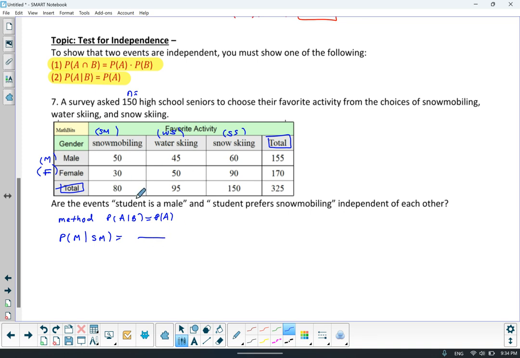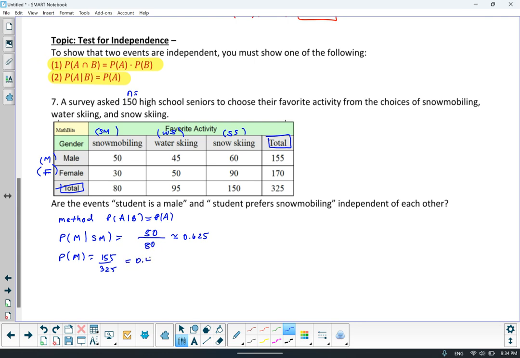So I'm only looking at those who like snowmobiling, and that was 80 students, and 50 of them were male. And you do need to have a decimal approximation, and that's 0.625. Then, if I want to show independence, I'm looking at whether the condition affects the chance. So I'm looking to see what's the probability you're going to randomly select a male. Well, there are 155 males out of 325. So I enter that in the calculator, and I get